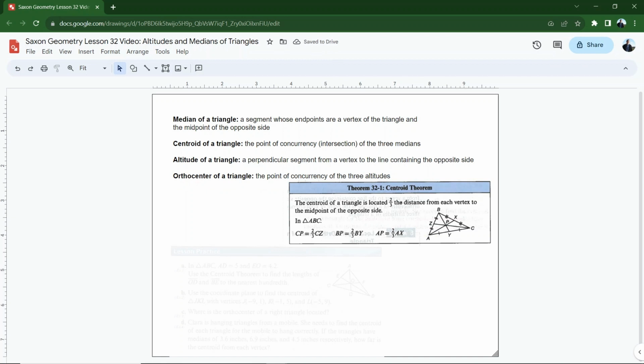The orthocenter of a triangle is the point of concurrency of the three altitudes. So the altitudes are all going to cross at the same point. Interestingly, they only cross at the same point inside a triangle for acute triangles. We're going to see that there's a special case of what happens in right triangles, and for obtuse triangles, the altitudes are all going to intersect outside of the triangle. All right, that's almost all that I need to say. I just want to point out there's not much I can say about the orthocenter,